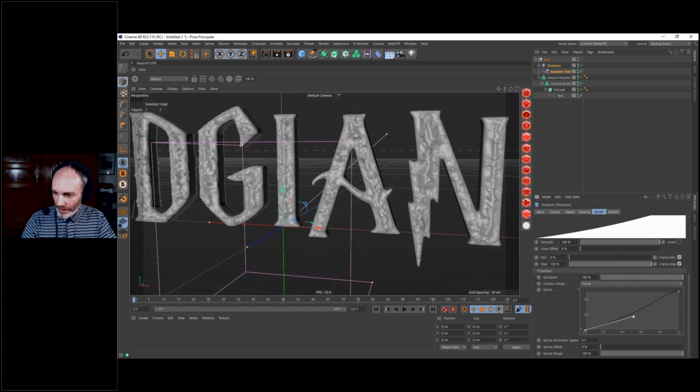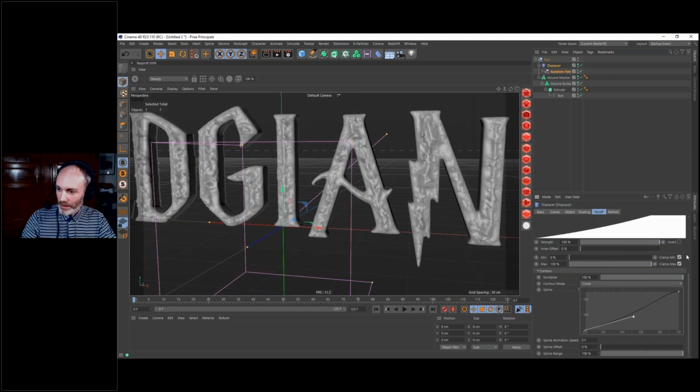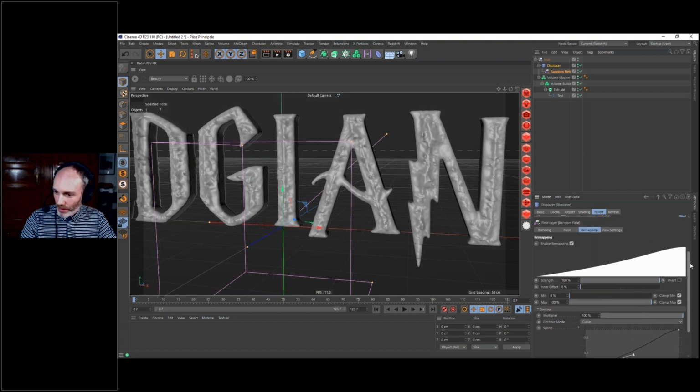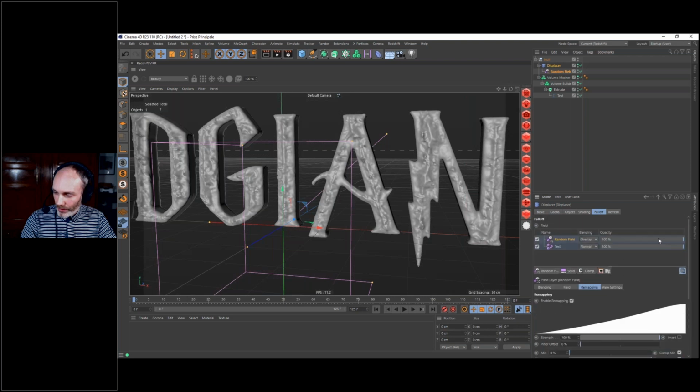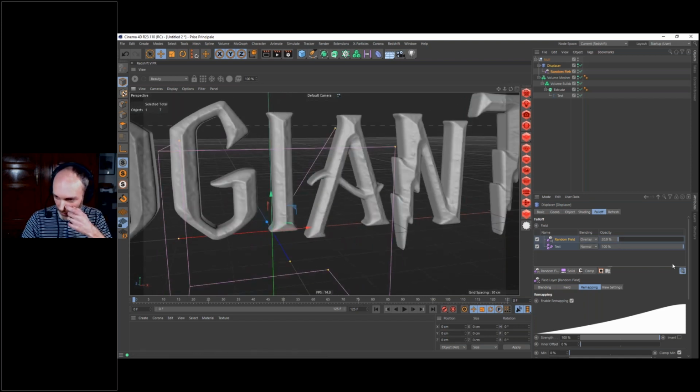Try something like that. Now just increase this way. So you have many possibilities playing with that. I'm going to decrease the overlay again to something very subtle like that. Okay, so we'll get back to that.